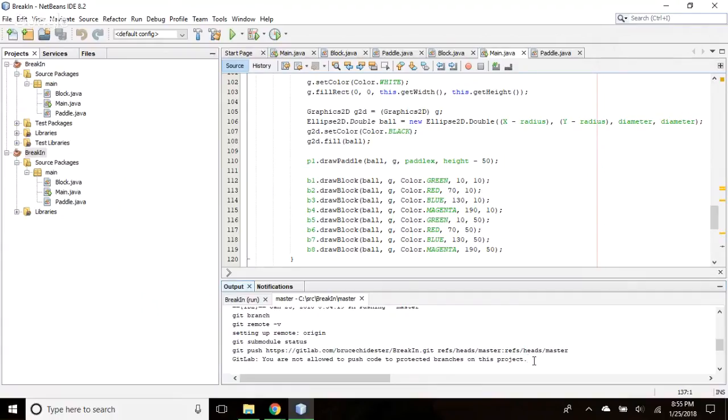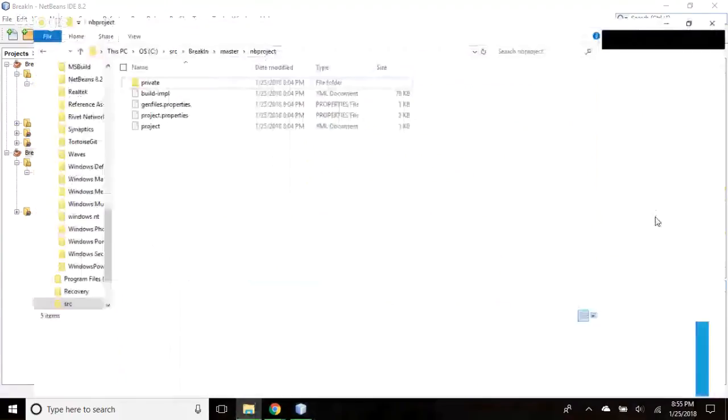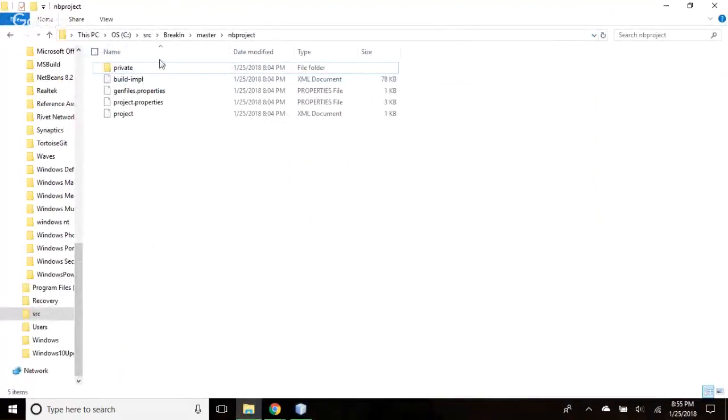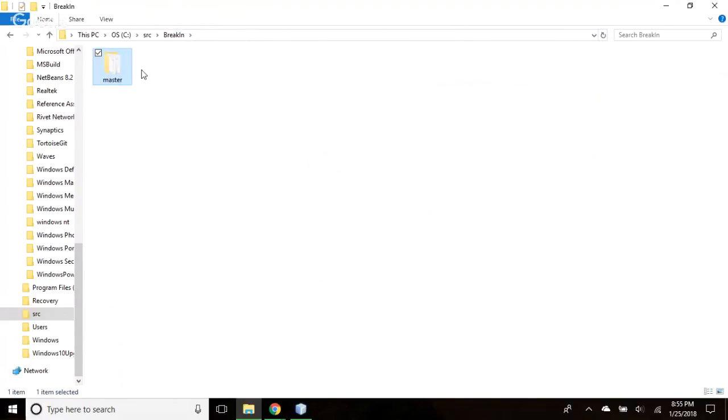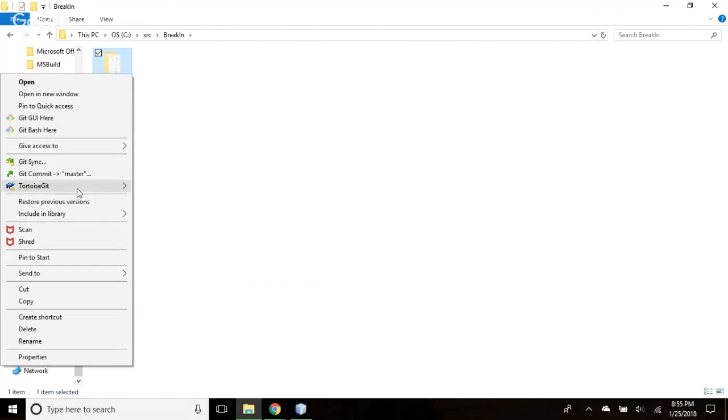Okay, let's go to the file system, the source directory on your computer, and go up to master. Yeah, break in. Click on break in there. Right mouse button, click on master, and say Git. Which one?